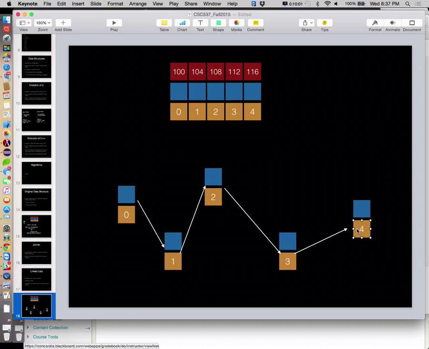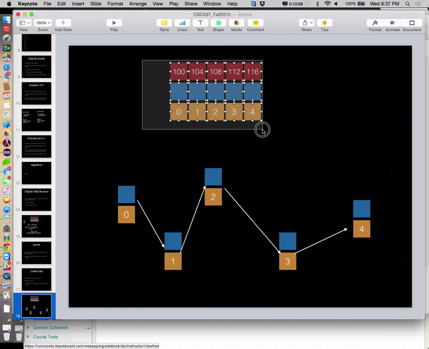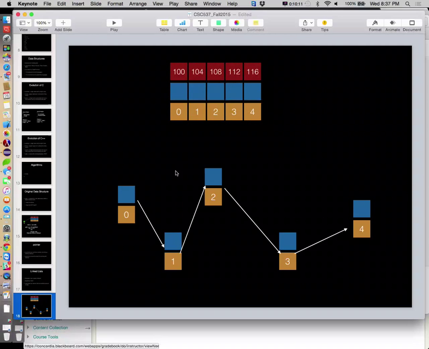You can't just go directly to bucket 4. That's where it's memory efficient. We don't need this plot of land all one size to fit all this stuff in. We can now just have enough memory in some place in memory to hold this guy, then enough memory someplace else in memory to hold this guy, and enough memory someplace else to hold this guy, so on and so forth. And then we link them all together so that we have some way of getting to them.